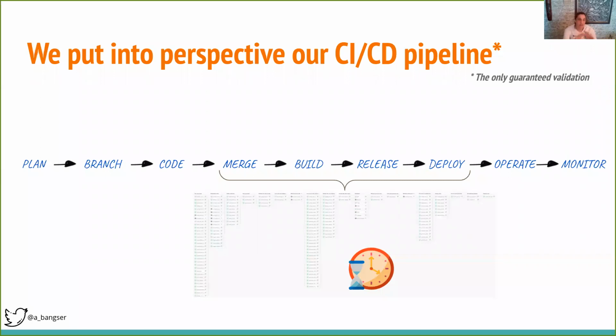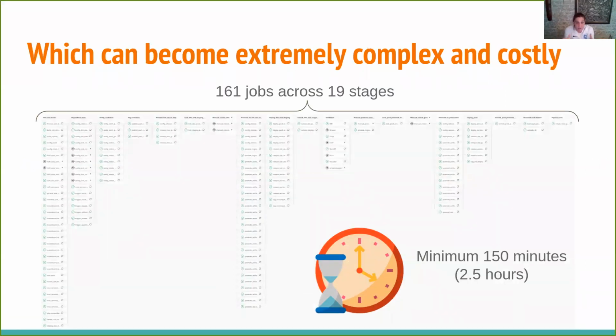And so when we look at that DevOps cycle and we look at the fact that automation is our only guaranteed validation, what we're talking about is that pipeline which we run in tools like GitLab, tools like Jenkins, and so on. And those tools cover only a part of this cycle. They cover the merging of code changes out to the build and release of that to our customers. And these pipelines can get, even though they're only covering a small part of this cycle, quite complex, right? So here's an example of a pipeline in our organization, which covers the most large and complex